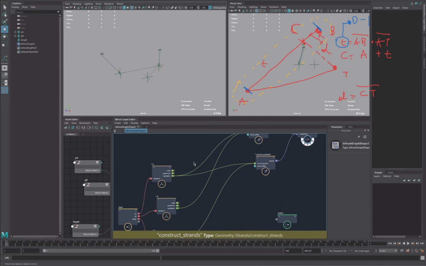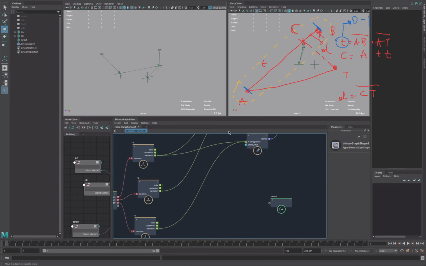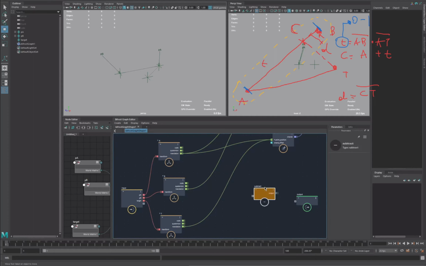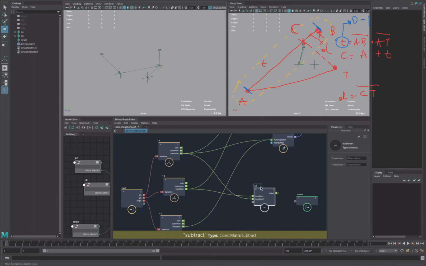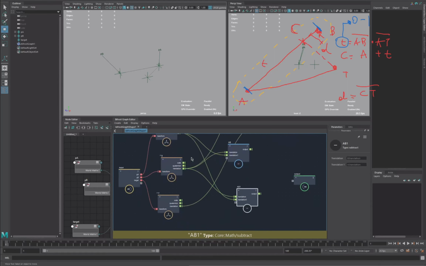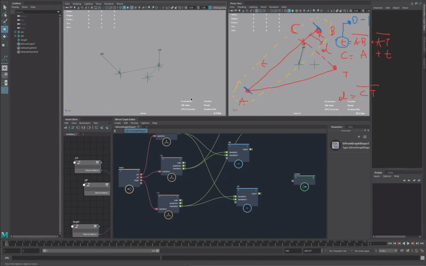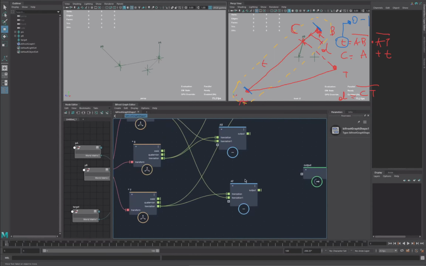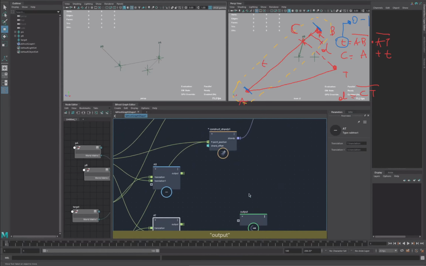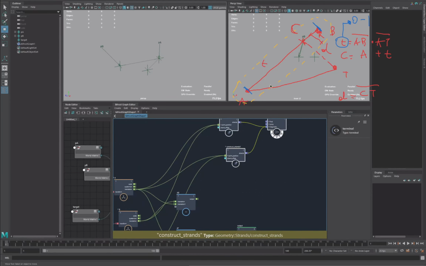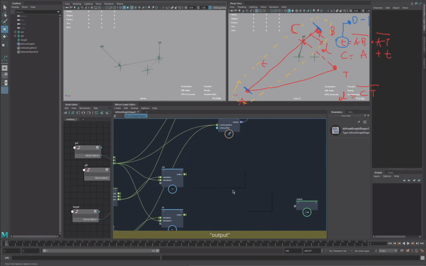So first things first, we want to create our two segments, like we say, the AB and AT. So let's use the node subtract, and let's subtract point A from point B, and this is gonna be our AB. And let's do the same from point A to T, and this is gonna be our node AT. So what we see now, AB and AT. First things first, let's find our T or our projection. So that is gonna be the dot product of AB